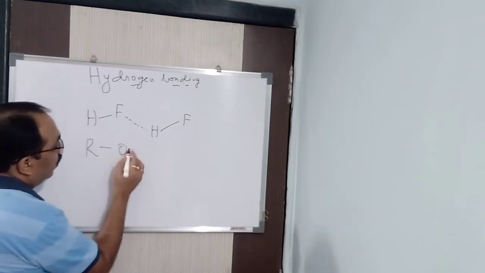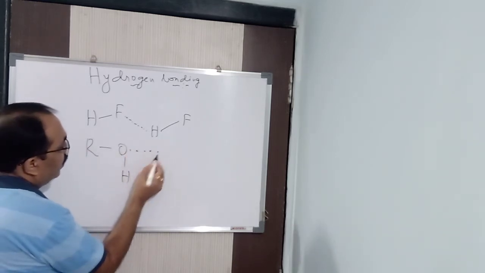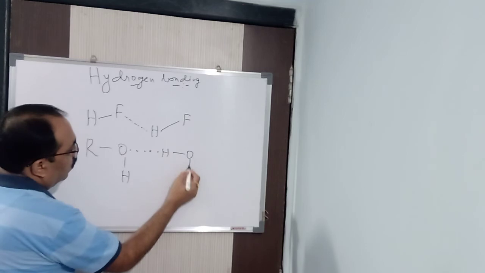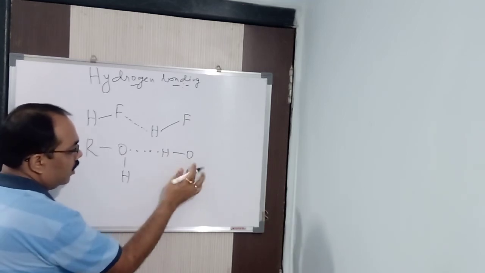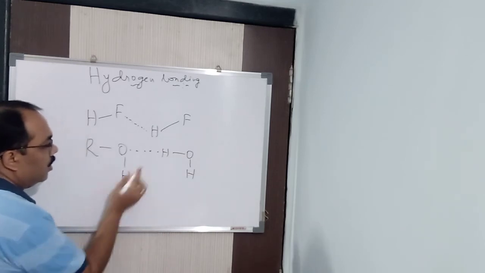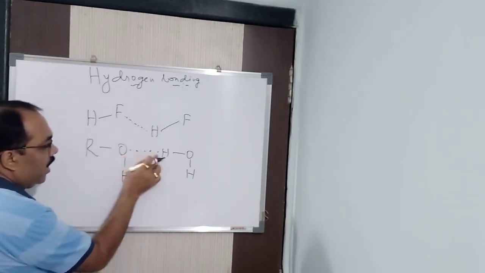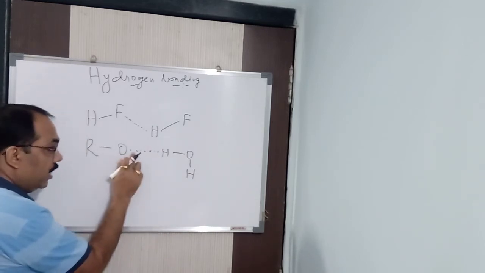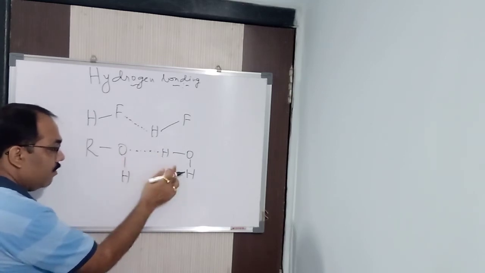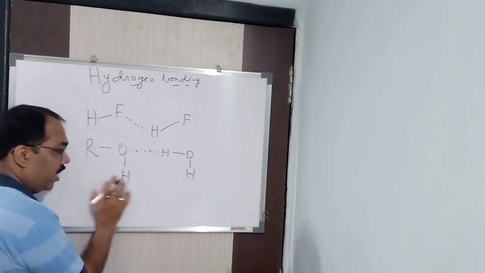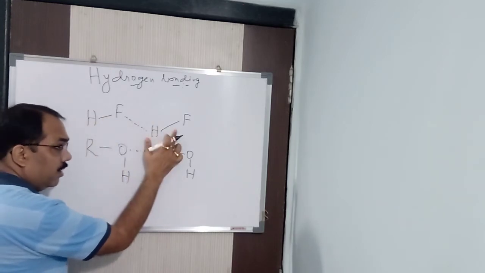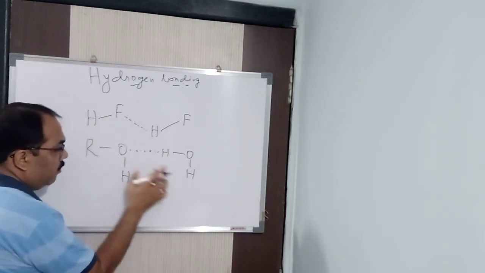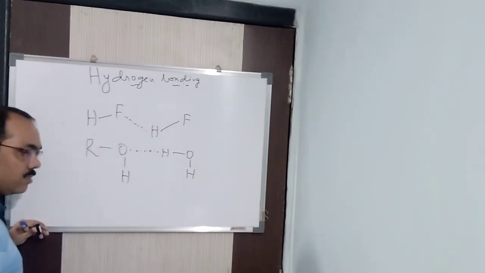Any alcohol. Now when alcohol is attached to a water molecule, you know alcohols are generally soluble in water. They are polar in nature. So what you will find here, between oxygen and hydrogen, what type of bond is it? Intermolecular hydrogen bond. Are they the same molecule? No, different molecule and different kind. In this way I said it.